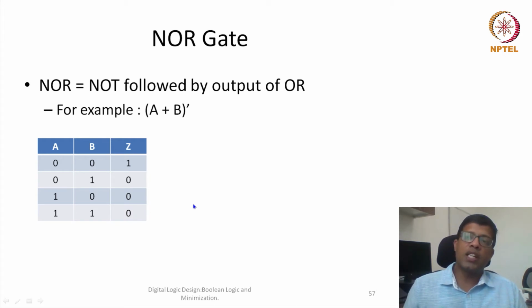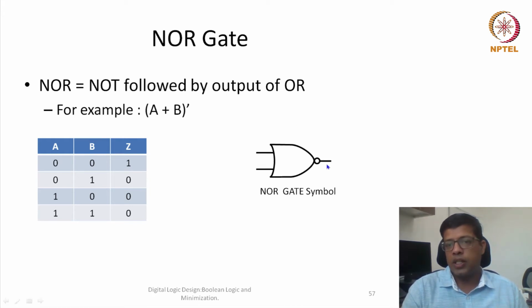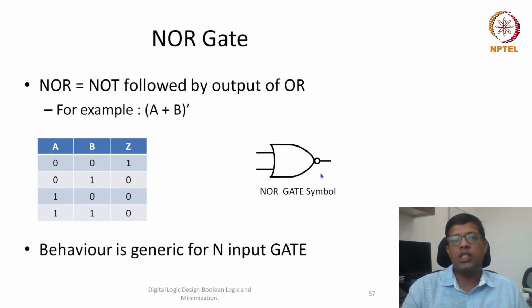Generically, we can say that if the inputs are more than 2, and all the inputs are 0, then the output is 1. Otherwise, if at least one of the inputs is 1, then the output is 0. The symbol has a circle after a regular OR gate. Okay, so this is the functionality of these new gates. Why are we studying these new gates? We'll see that they have some interesting characteristics, interesting properties, and some interesting applications.